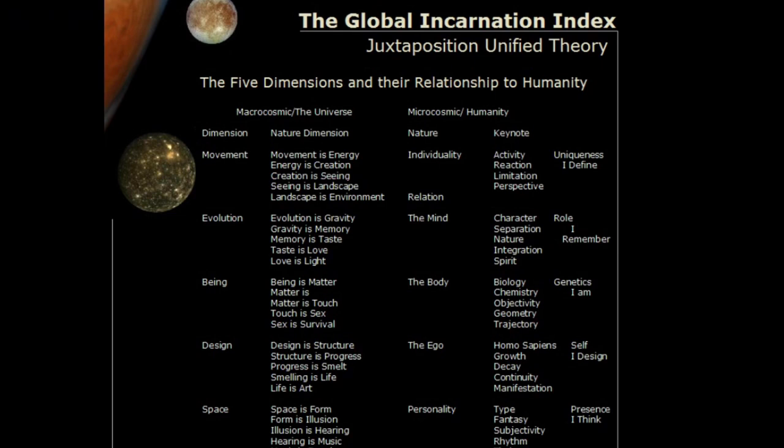Gravity, memory, taste, love, light. It's kind of sweet, no? You notice they're in fives. We had our 5 discussion this morning.